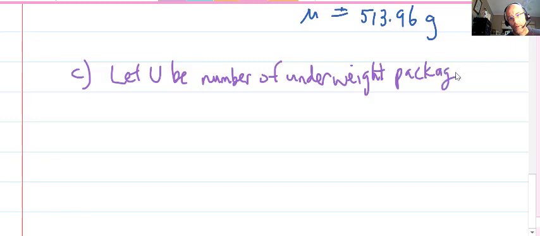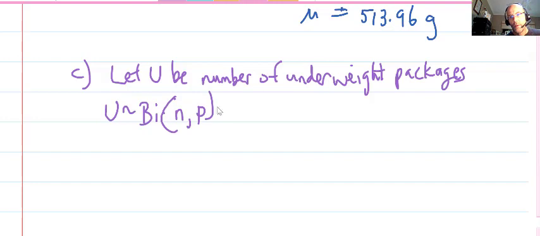Alright, so we have a binomial situation, and we have u, maybe I should write u binomial. Now remember, the two parameters for binomial are the number of trials and the probability of success, so n and little p. So we have u binomial 5, and back here the probability of success